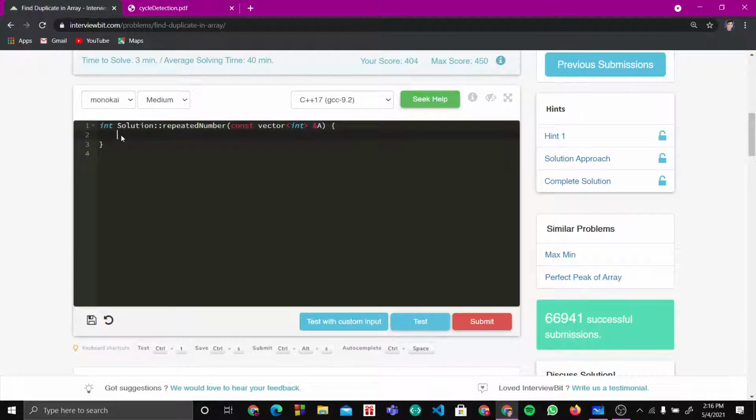Cool. So now I will start by making a slow and a fast pointer. My slow pointer will be at the first position and my fast pointer will be at the second position.